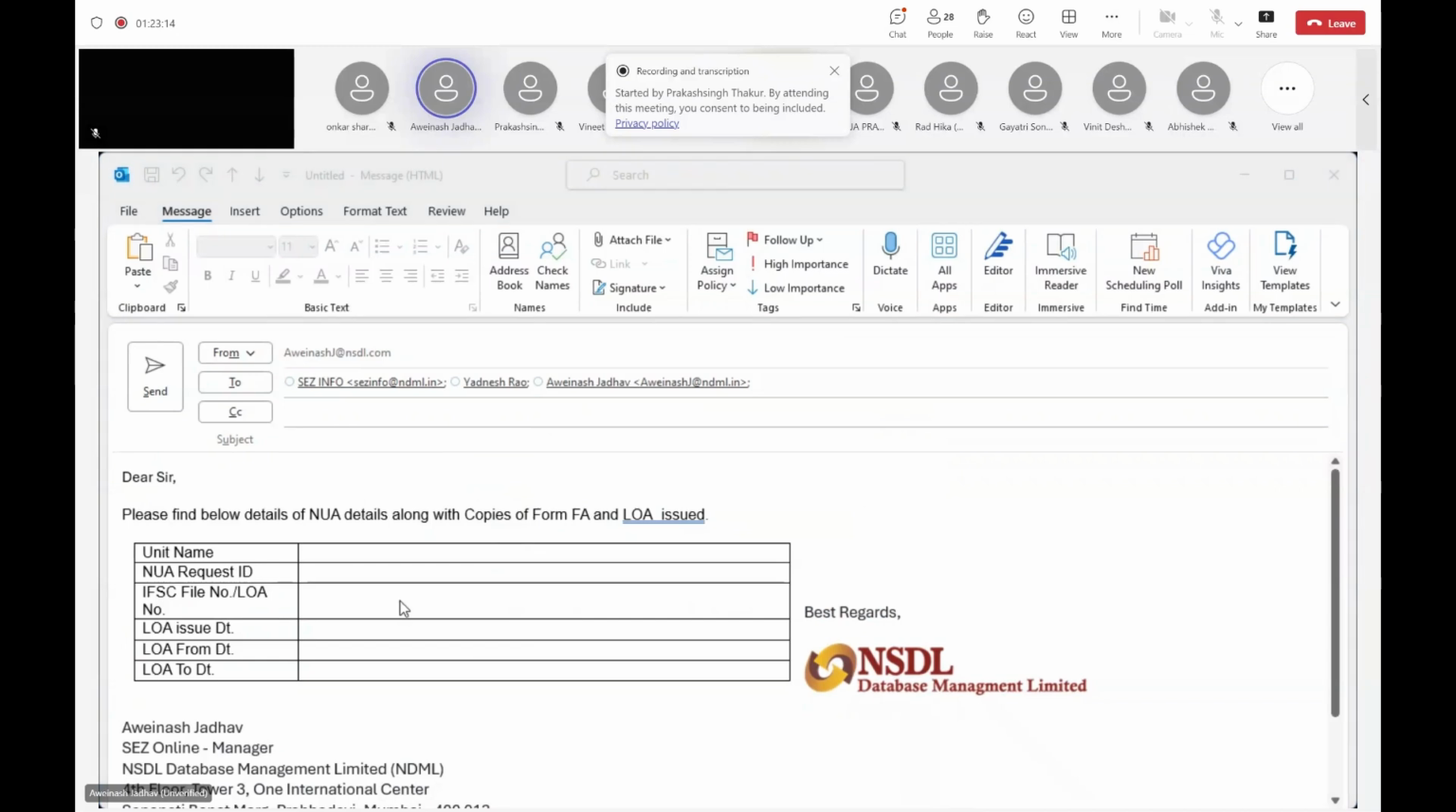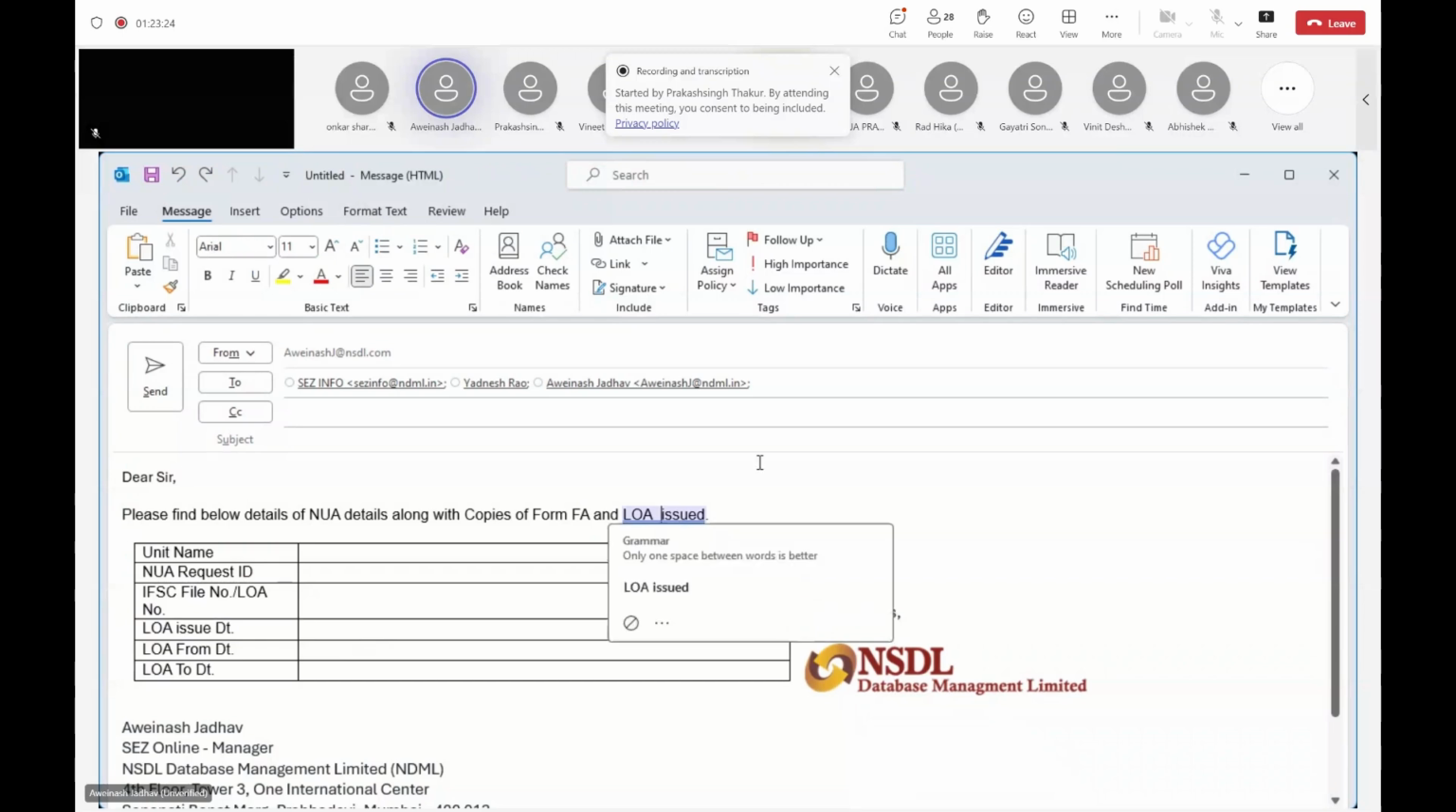ये तभी करना है जब भी आपने एनुअल एप्लीकेशन सेज ऑनलाइन में सबमिट की और अब you have to capture the details of your and submit it to us. So what we'll do is we'll verify the details from our end. हम बैकएंड चेक करके फिर आपका वो स्टेटस अपडेट कर देंगे हमारे एंड से, एलओए ऑथराइज्ड लिखेंगे, ठीक है।